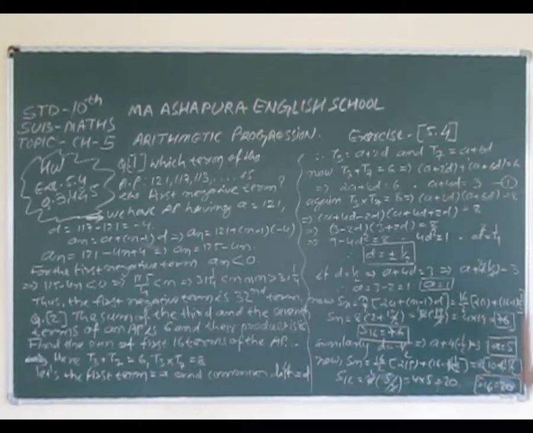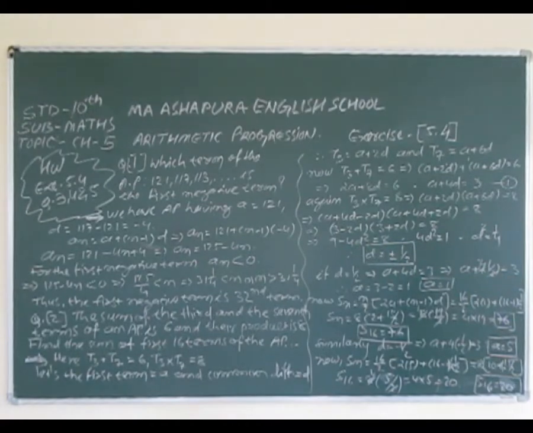ये इंपॉर्टेंट रिजल्ट है a प्लस 4d इज इक्वल टू 3। अब दूसरी कंडीशन को अप्लाई किया T3 मल्टीप्लाई बाय T7 और इसमें हमने 2d टर्म से इसे अरेंज किया है। किस हिसाब से? 2d का मतलब है 4d माइनस 2d और 6d का मतलब है 4d प्लस 2d। इस हिसाब से हमने दो फैक्टर्स अरेंज किए जिसका मल्टीप्लिकेशन 8 है। यहाँ पर रिजल्ट नंबर 1 से इसकी वैल्यू सब्स्टिट्यूशन की